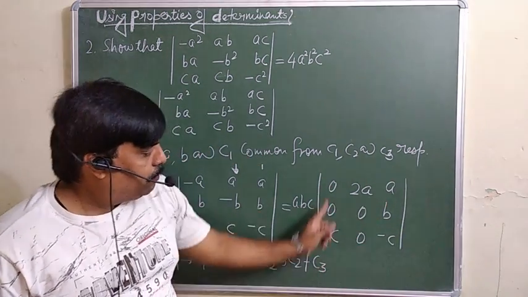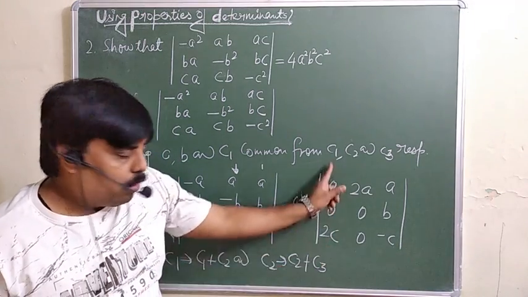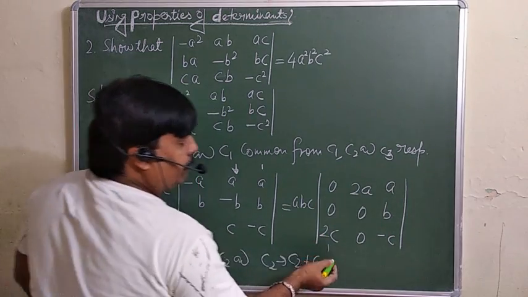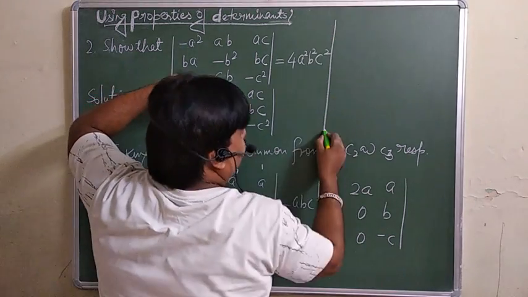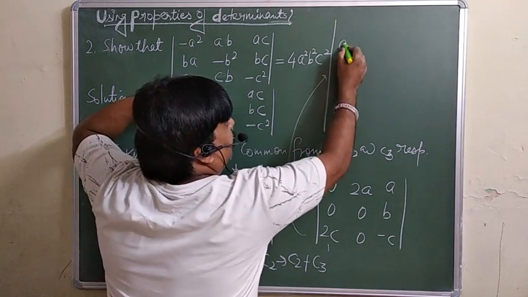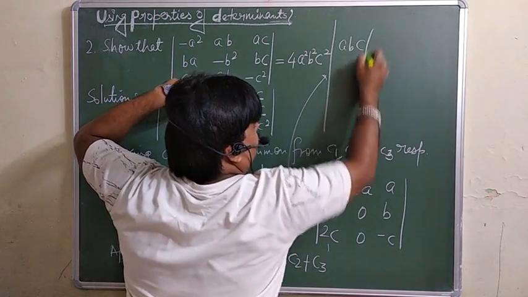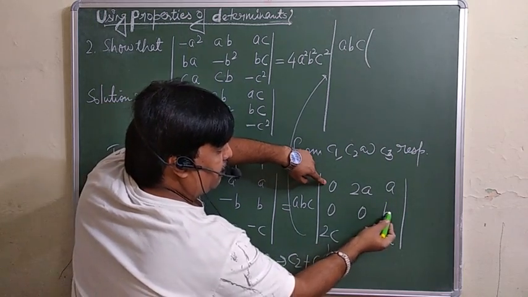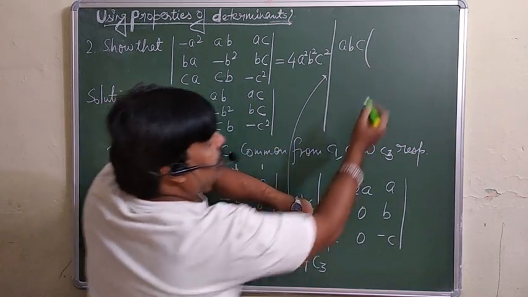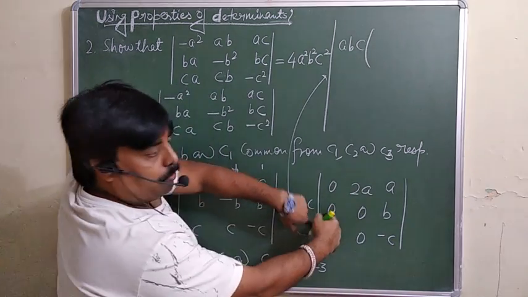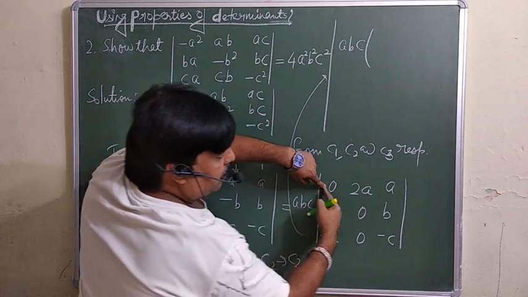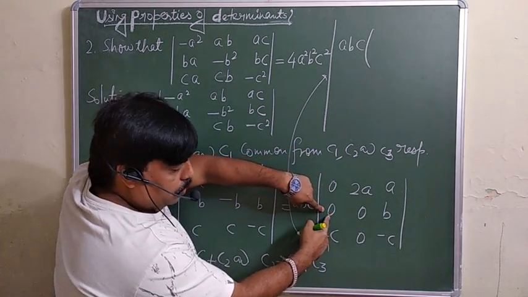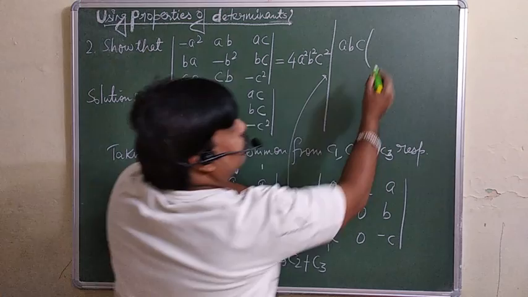Now you can find the determinant by taking this column, or you can take the row, no problem. I am taking the column here only. So this is equal to, look here now, a, b, c. According to this, the signs are plus, minus, plus, minus, plus, minus, plus. So pluses will come here only, because for these two it will be 0. If you take this column and row, you will get zeros there. But for this one also you will get 0. So I am taking directly 2c.